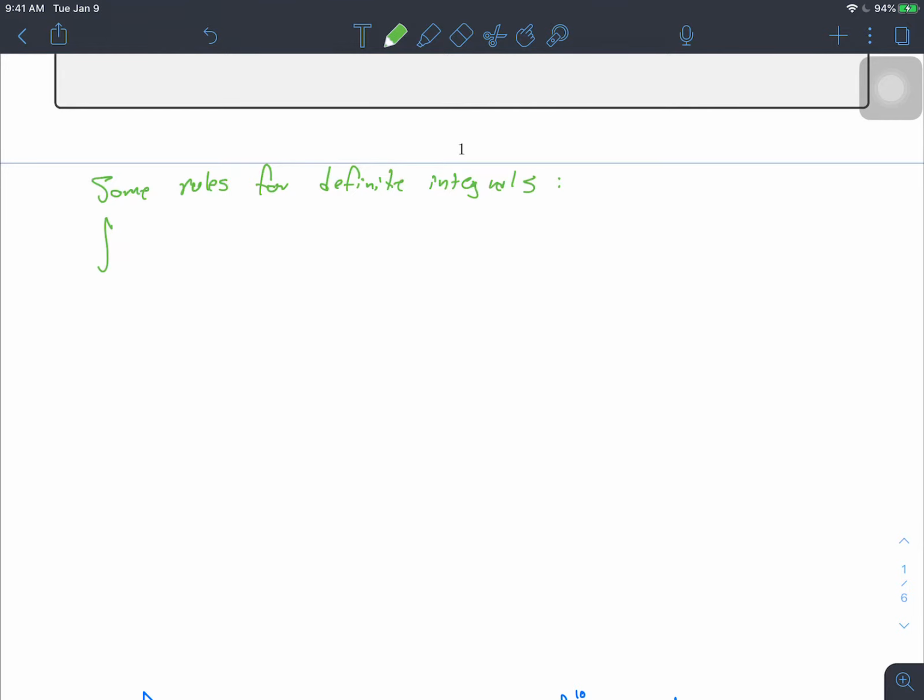First of all, the integral from a to c of f of x dx is equal to the integral from a to b of f of x dx plus the integral from b to c of f of x dx, where the corresponding picture for this is